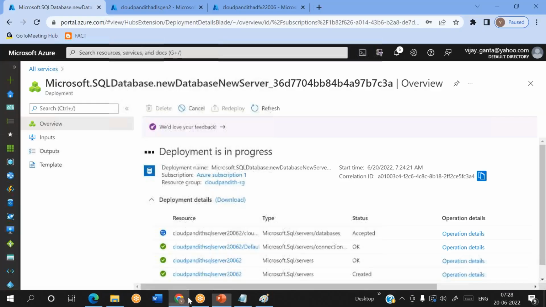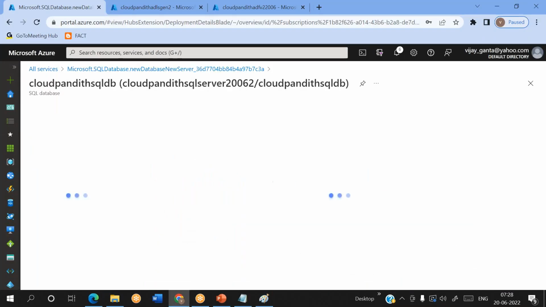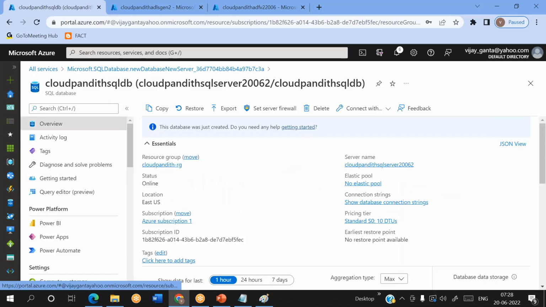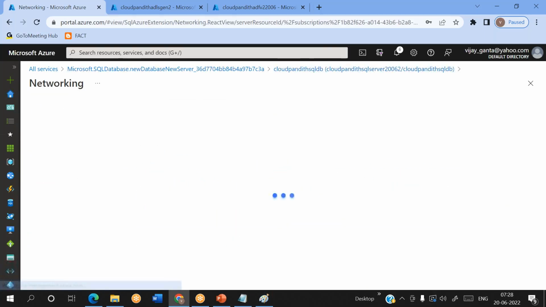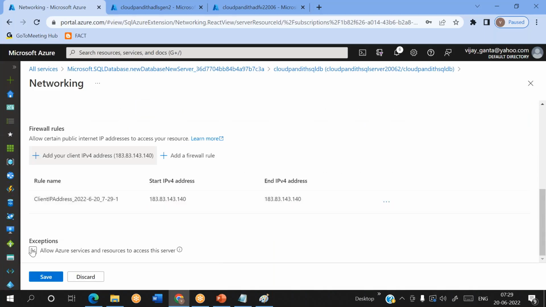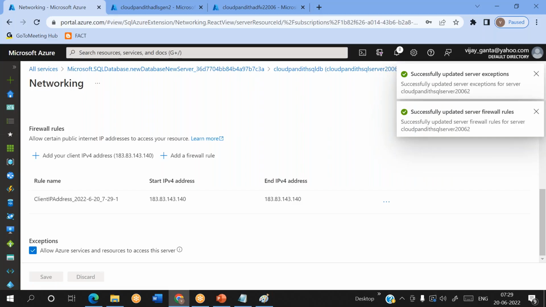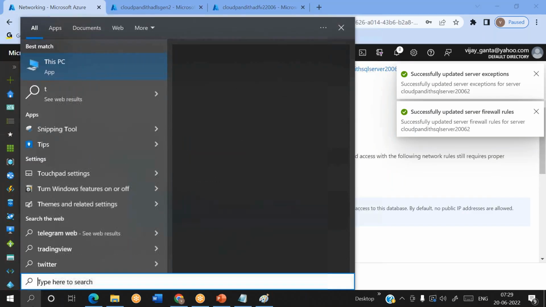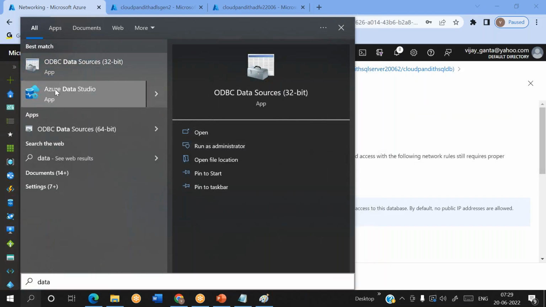Now let's go to the database. So what is the step 1 for the database? What is the step 1 for the database? Set server firewall, add client IP, allow Azure services and resources to access the server, save it. Okay, now I'm just opening Data Studio. Go back here,